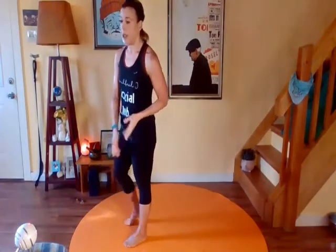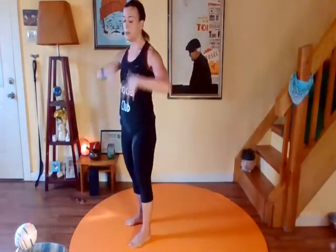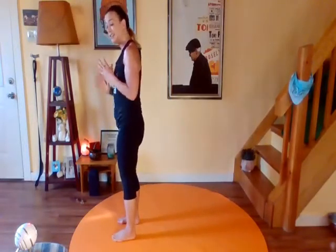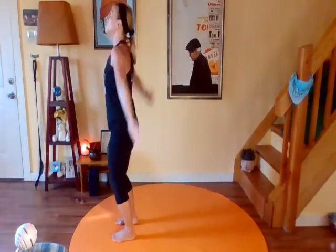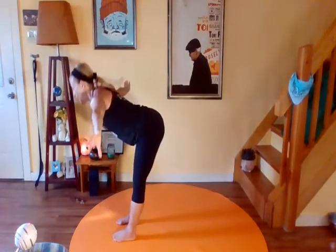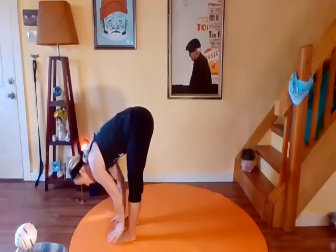So let's do a sun salutation, Series A, very simple. We're going to do it 5 times, really get the blood flowing, get the breath moving with each movement. We're going to link and sync. So let's inhale, arms overhead, hello sun, and exhale, swan dive, flat back, take your time, come on down, slowly